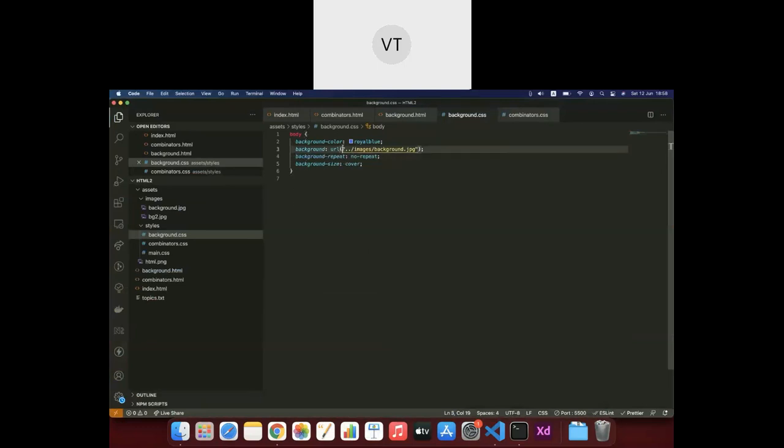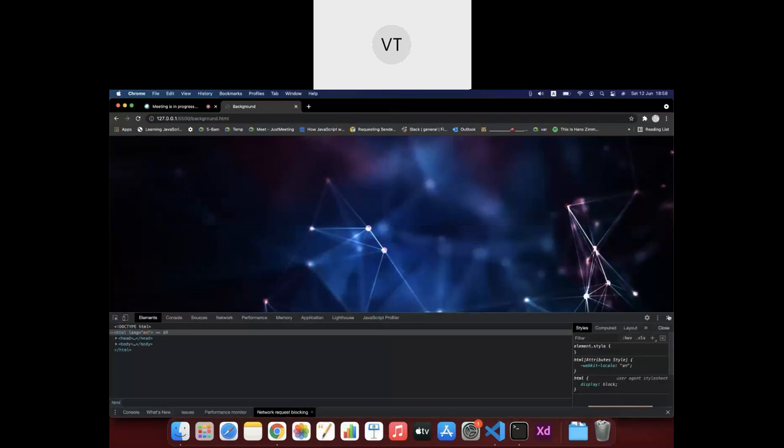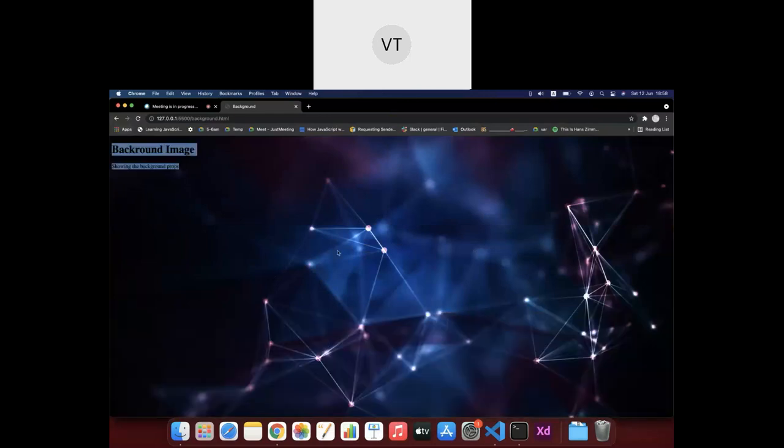It is not actually mandatory to embed these in code. You can just write it like this and it will still work. Now I'm adding a different background image. Yeah, this is a new background, and we have some text here which is not